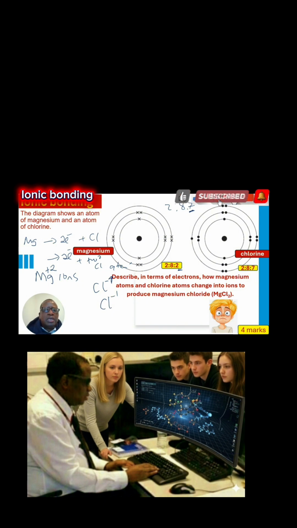So loss of electrons by magnesium forms positively charged magnesium ions. Gain of electron forms negatively charged chloride ions. And once those positively charged ions and negatively charged ions are formed,